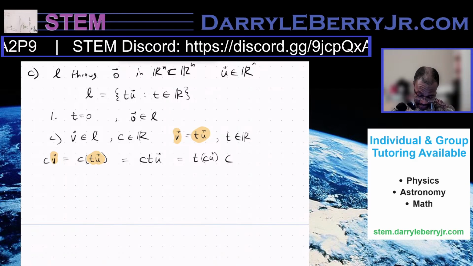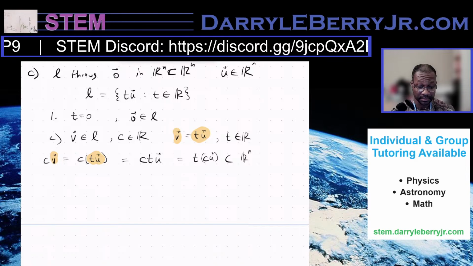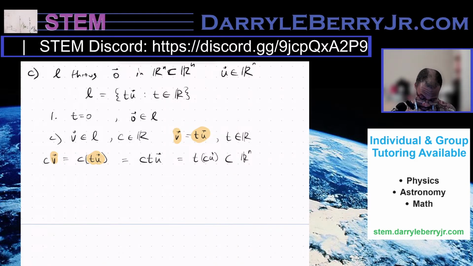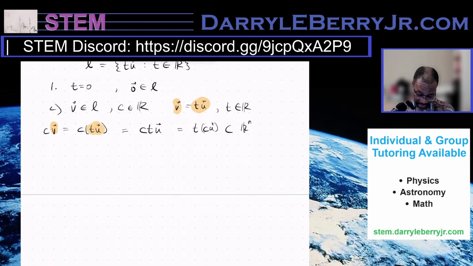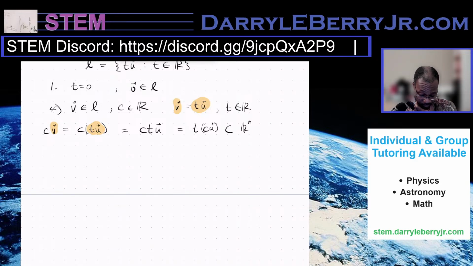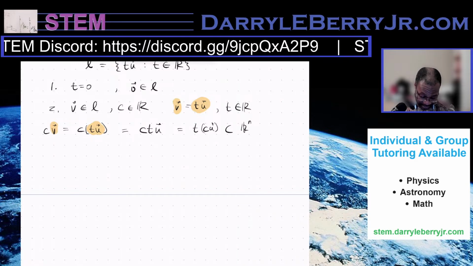So that's also in a subspace of Rn. All right. So there's closure under 0, closure under, which one is this? Scalar. And for addition,